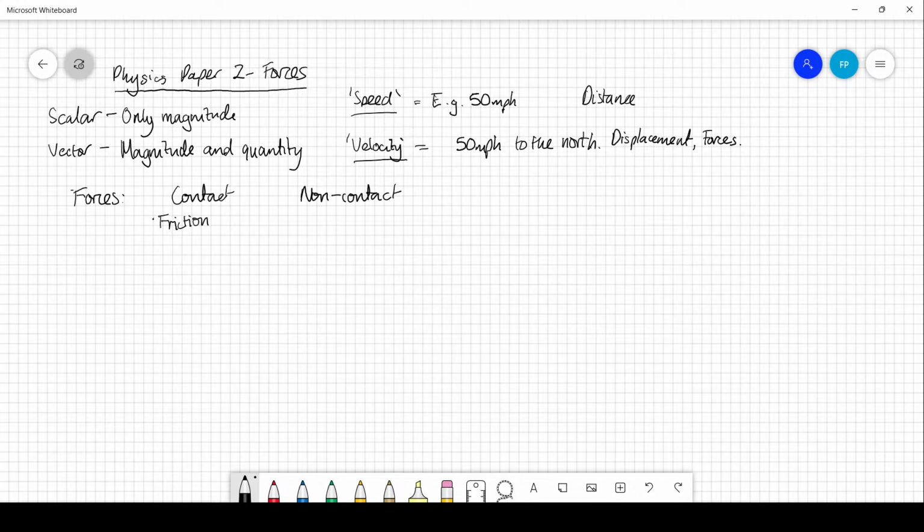It could be like an object on a surface that resists the motion. Another one could be air resistance or drag. And lastly, many push or pull forces are contact forces. Some examples of them could be tension in a string,